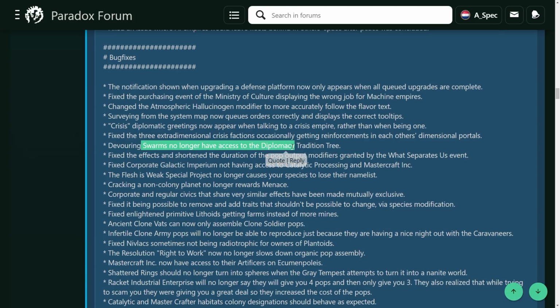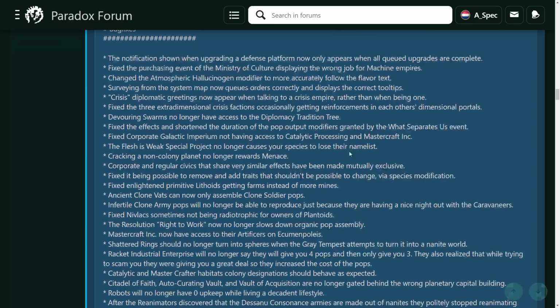Devouring swarms have no longer got access to the diplomacy tradition tree. Yeah, for an empire that doesn't have any envoys, that's probably a good idea. Let's put it that way. Corporate Galactic Imperium not having access to catalytic processing and Mastercraft. This was probably an oversight where a certain type of Corporate Galactic Imperium, so I'm guessing that is an imperial empire that is not a mega corporation and is playing instead with merchant guilds. I think it would be merchant guilds in that case, because it effectively works very similarly to mega corporations,